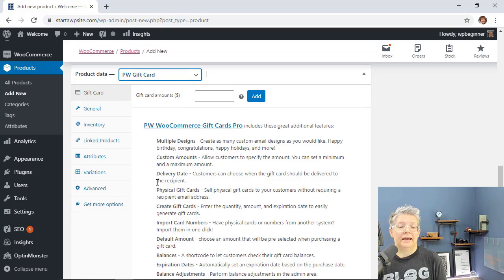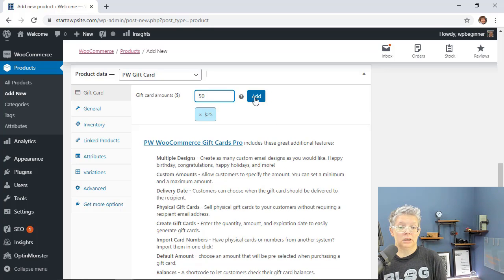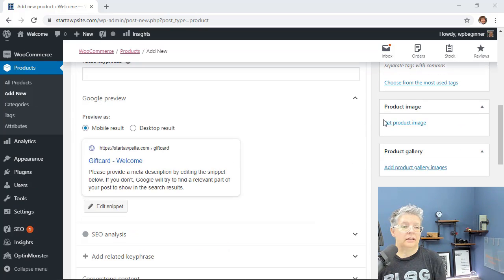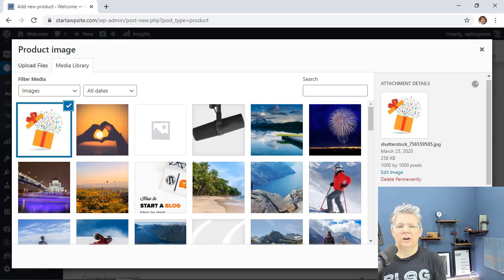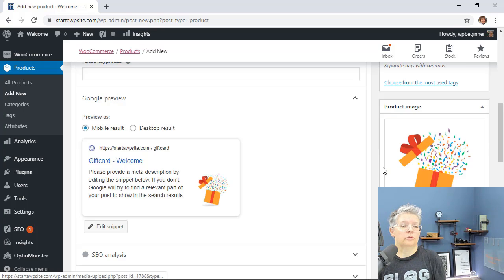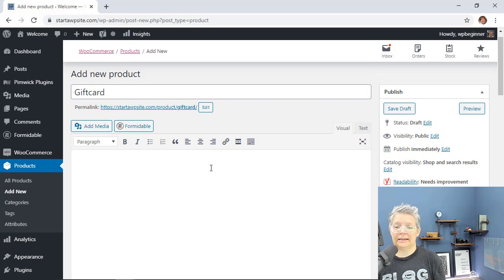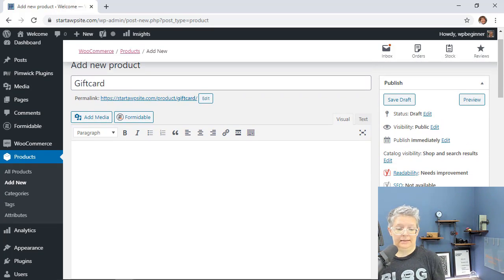And from here, we can add the gift card amounts. So how many amounts do you want to sell? So we'll do that. And you can also add a product image. We're going to add a quick gift card, maybe use something like your logo for people to see. And that's pretty much it. You can add some information if you want, but we can go ahead and click publish and then see what